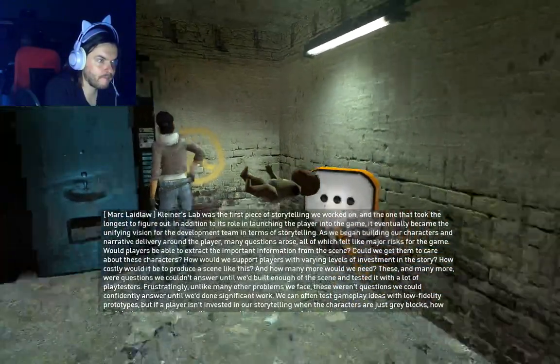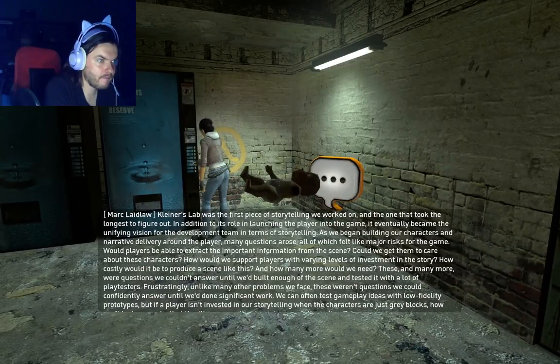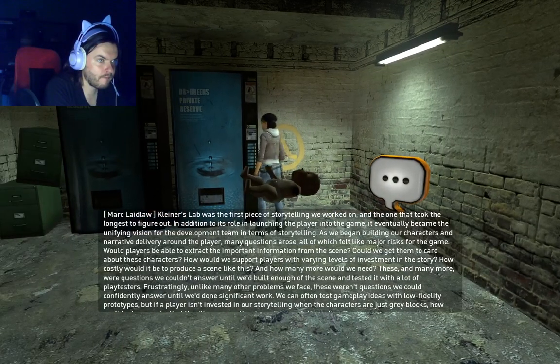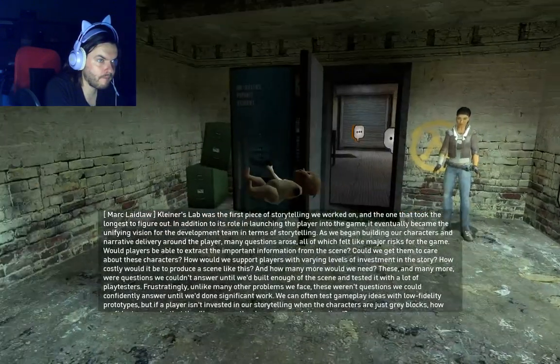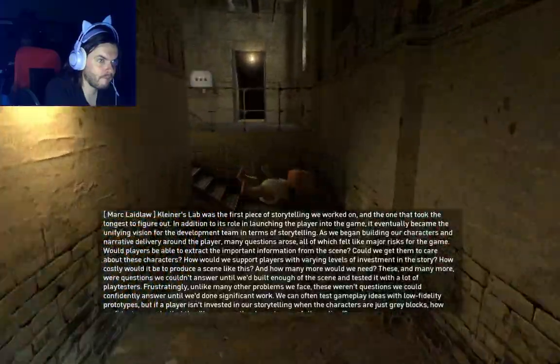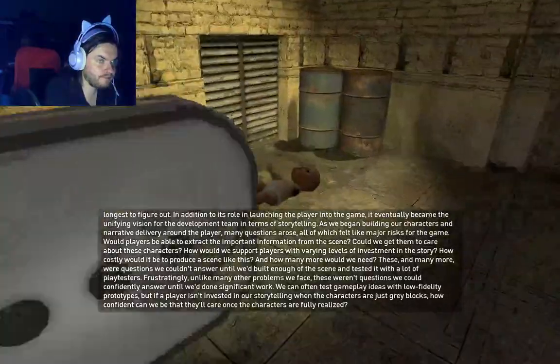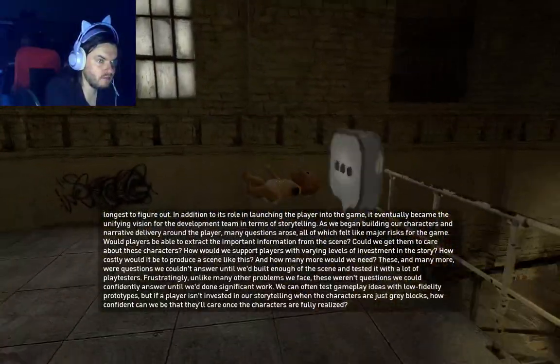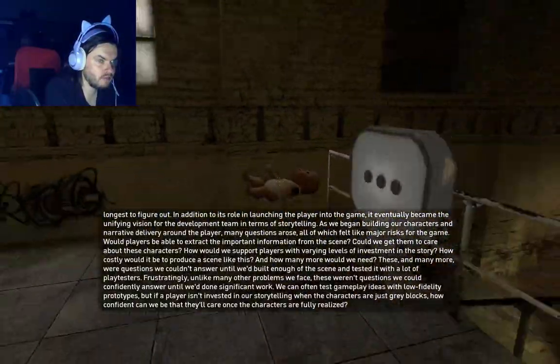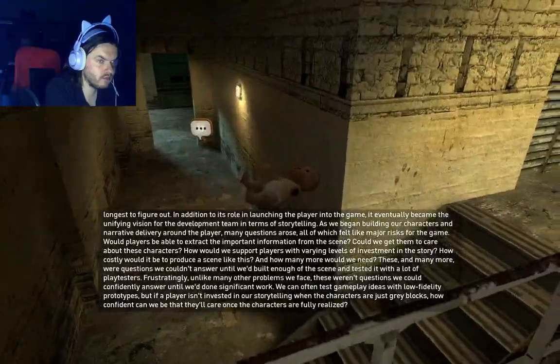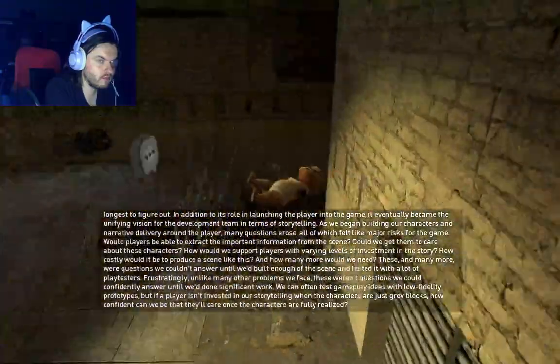Would players be able to extract the important information from the scene? Could we get them to care about these characters? How would we support players with varying levels of investment in the story? How costly would it be to produce a scene like this? And how many more would we need? These and many more were questions we couldn't answer until we built enough of the scene and tested it with